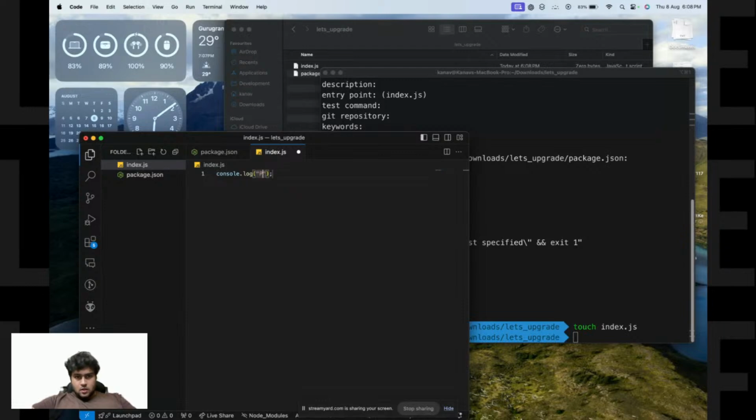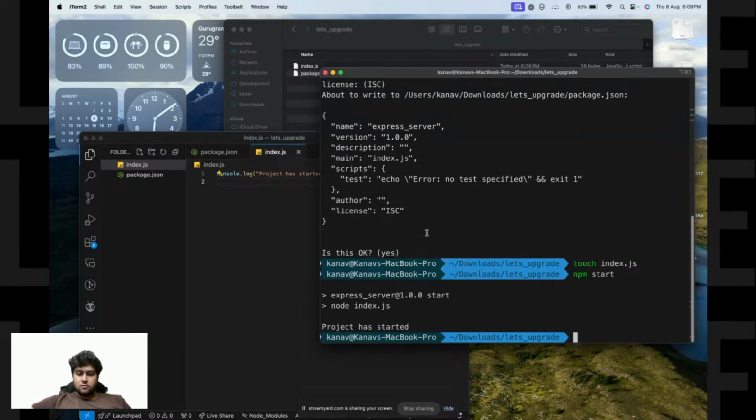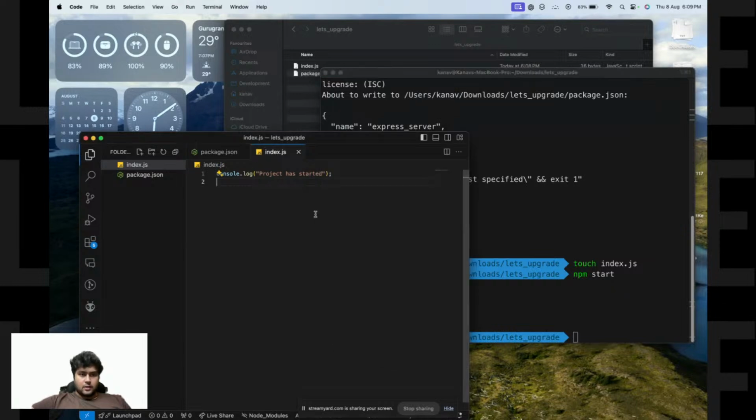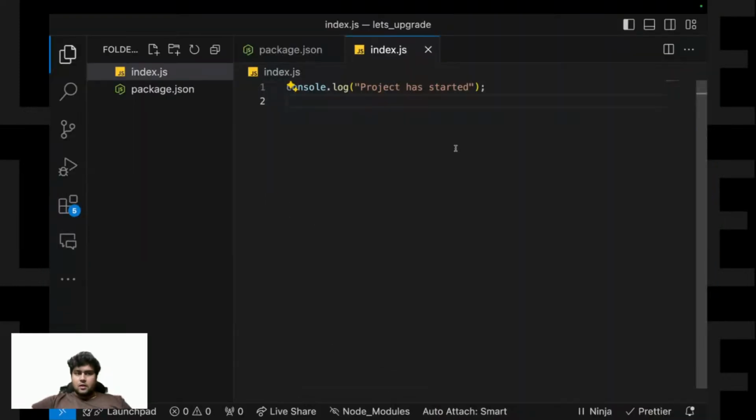If I say npm start here, the project has been started. So yes, my project has been successfully started. I'll increase the font size. Coming back to this, just a second.